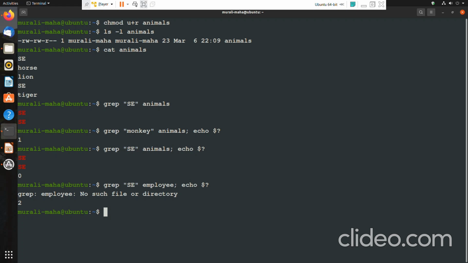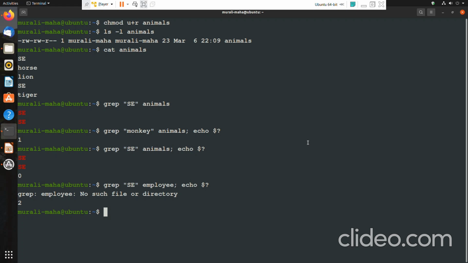Okay, and as it is returning an exit status, we can even issue this command along with the if keyword to form the if conditional construct. We'll be seeing it in a subsequent session. So let us move on to the test command. Let us see how the test command works.